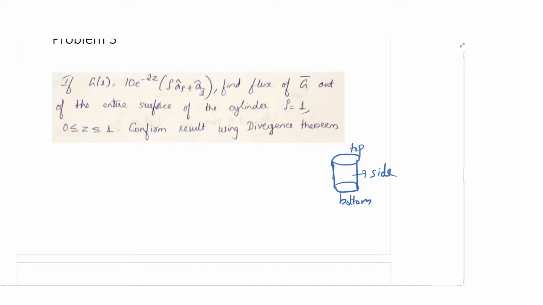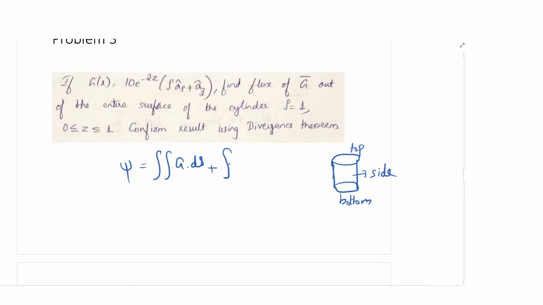So when you are calculating any flux, it will be the surface integral of G dot ds, which will give you the total flux. So you are asked to calculate the flux of G. What you have to do is take the surface integral of G. But how to take it? You can take it separately as three surface integrals.